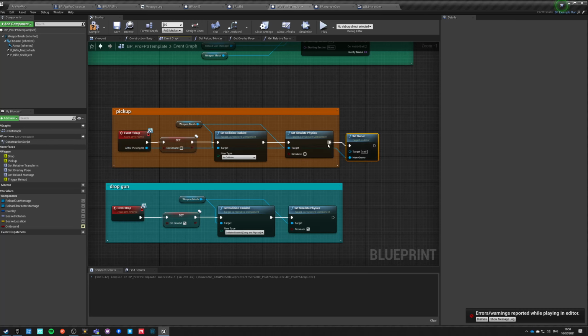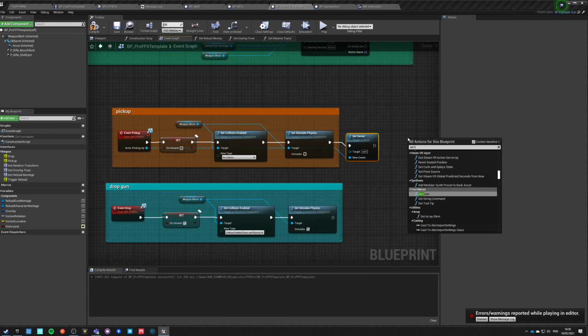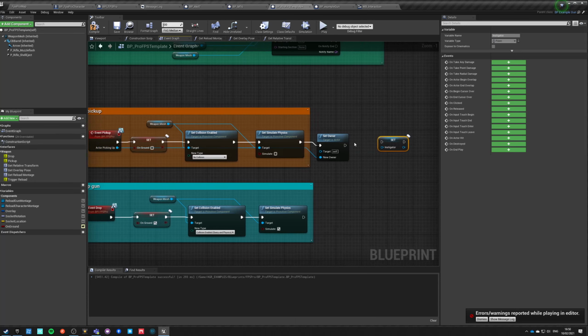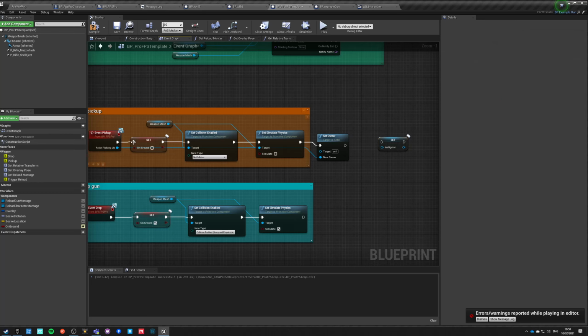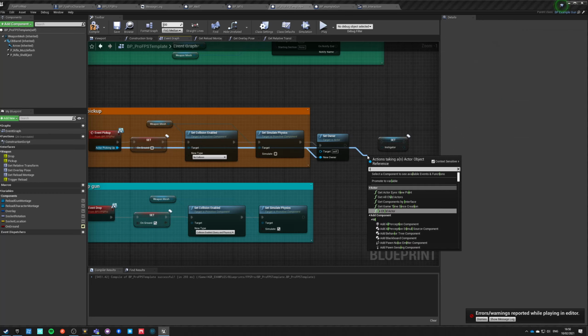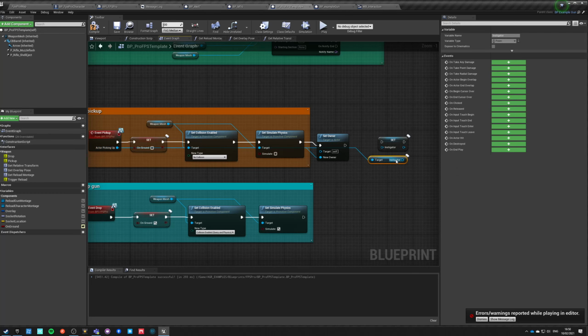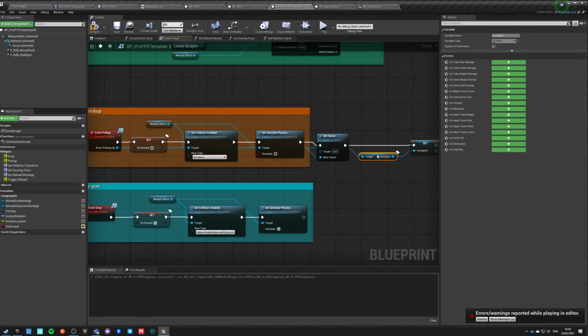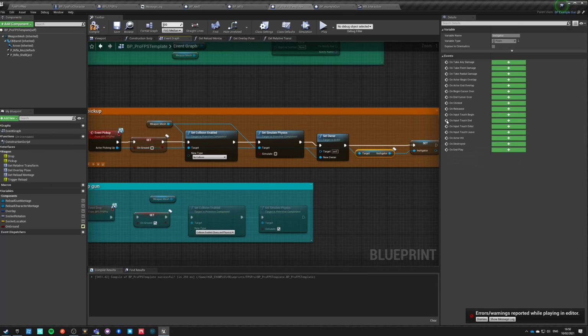New owner is this, and we can set instigator, which is get instigator, set instigator. So basically we're getting the instigator of our new owner. Okay.